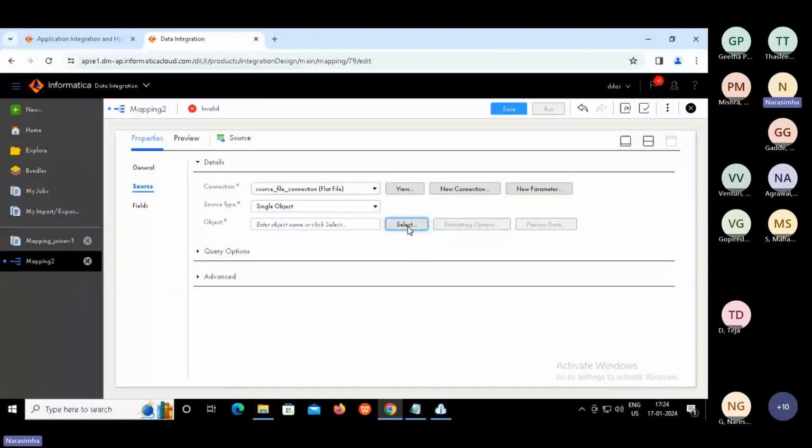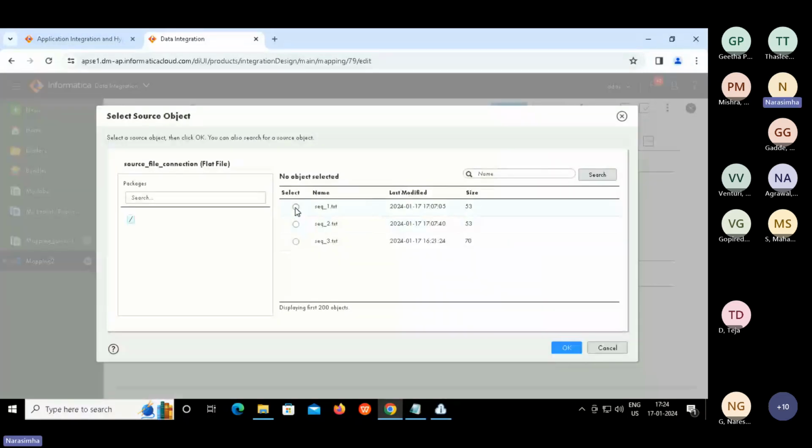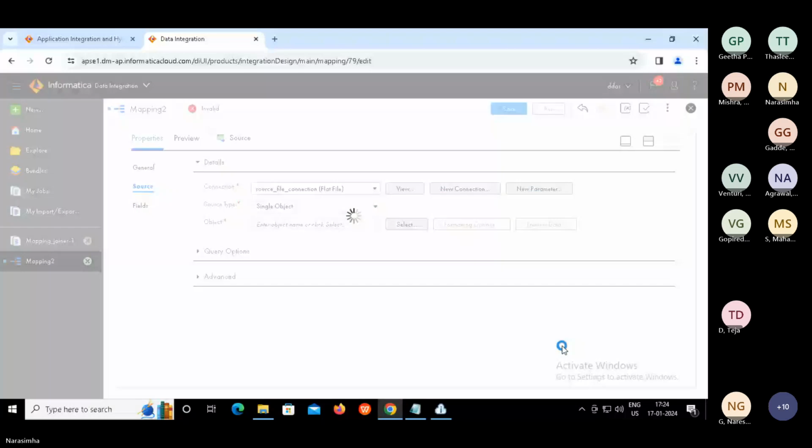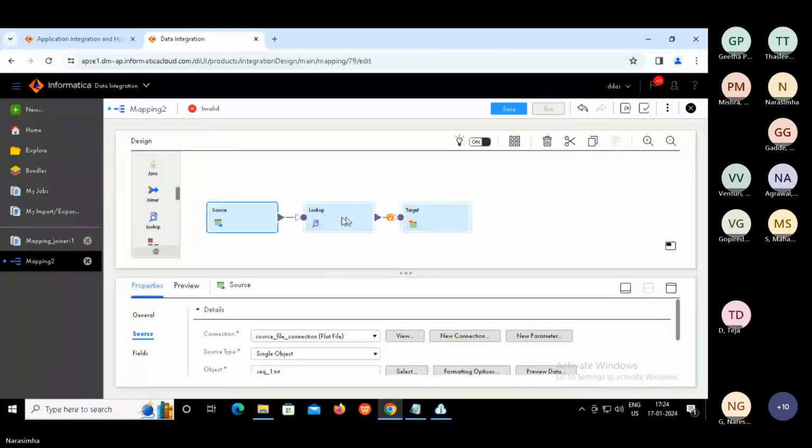So click on select. SEQ1. Okay, this is done. Now lookup.